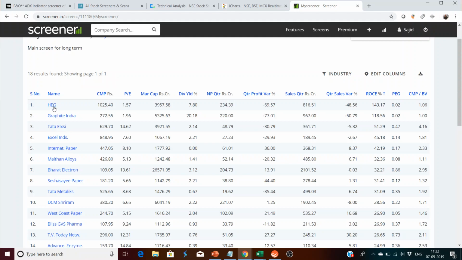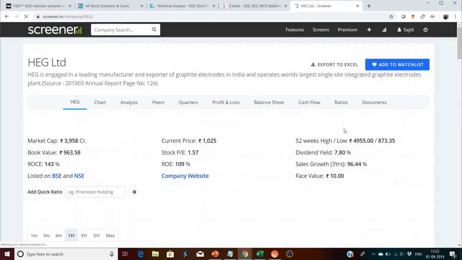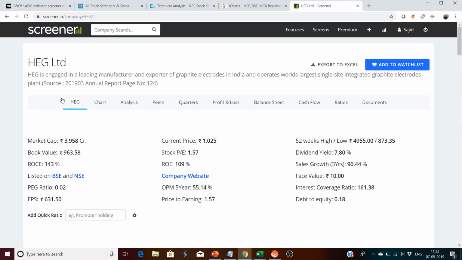So I've got this HEG company. Let's see what kind of company this is. HEG Limited is engaged in leading manufacturing and export of graphite electrodes in India and operates the world's largest single site integrated graphite electrodes. So we can go to this company's site and check what this company does, and see how big the company is,